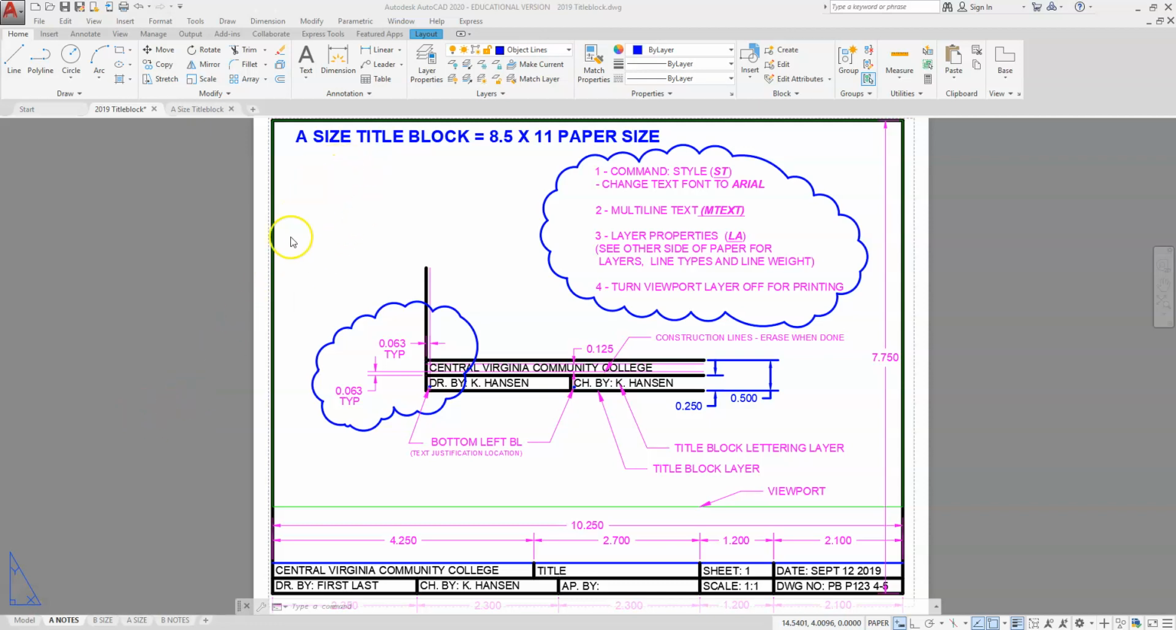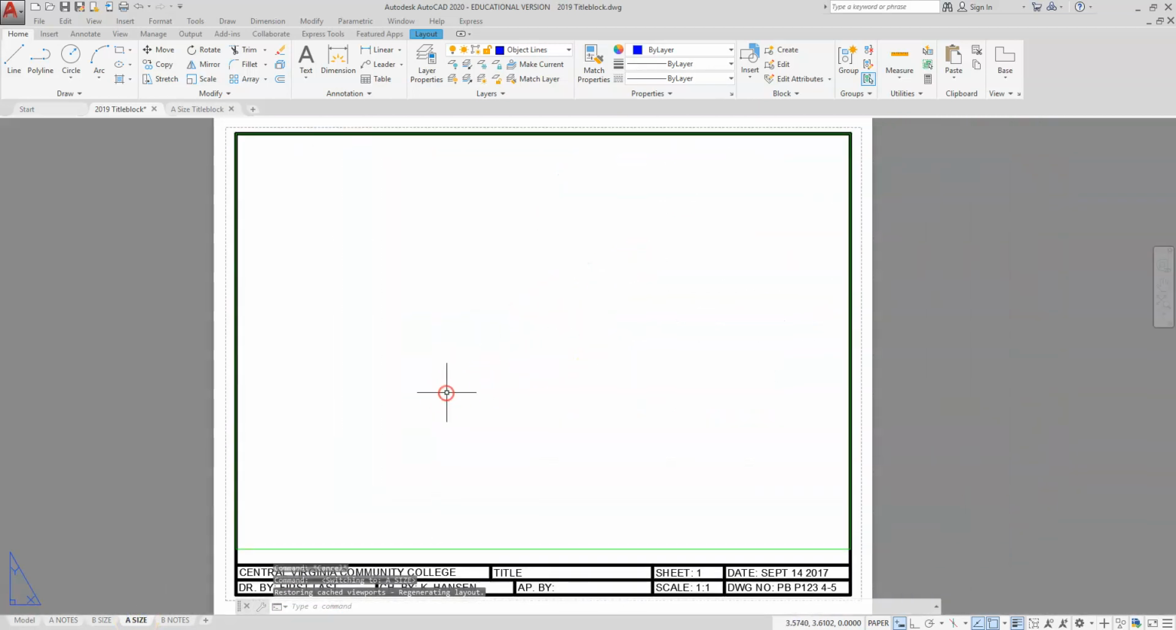Alright, so today we're going to work on creating the title block. The title block and the border is basically an outline on your paper that's going to define your drawing. We're not going to have all those notes on there. We're going to have just a basic sheet that looks like this. And we're going to have to use a couple different